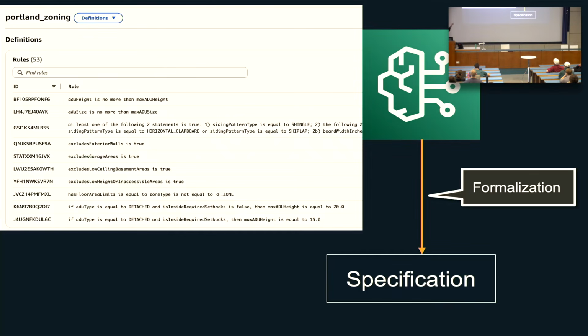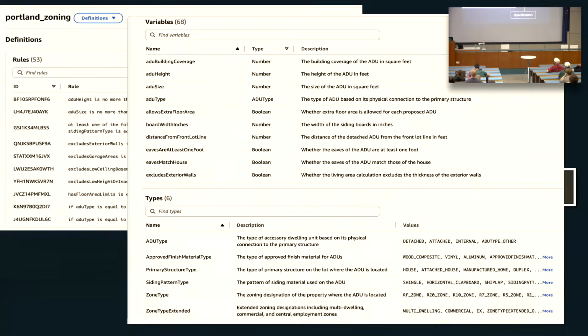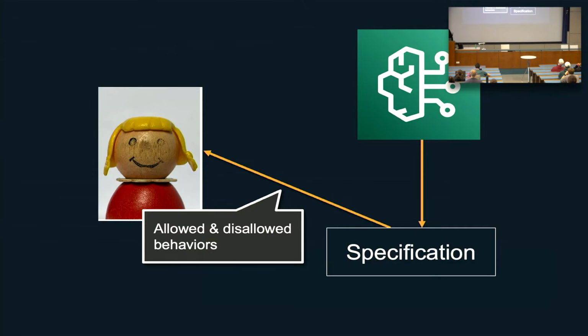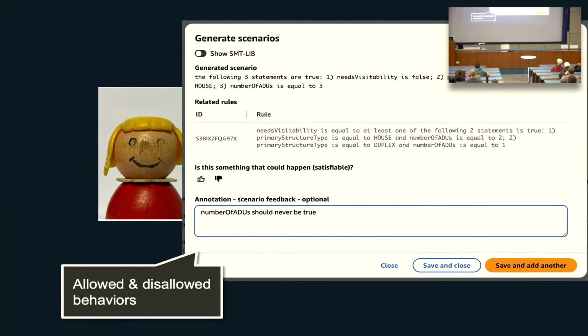It's actually SMT-LIB, but we map it back to English for them. And then here on the top are the variables over which the axiomatization is axiomatized. And so then we can now hand them a bunch of allowed and not allowed examples, right? So here we're showing them an example. This would be allowed in your model. Is that okay with you?